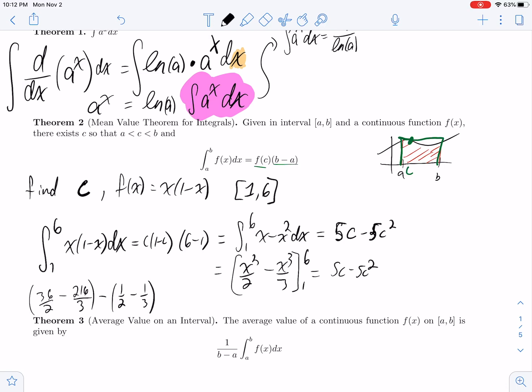And I will get 18 minus 216 over 3 is 72. 72 minus 1/2 plus 1/3, if I distribute the negatives, which is equal to 18 minus 72. That'll be